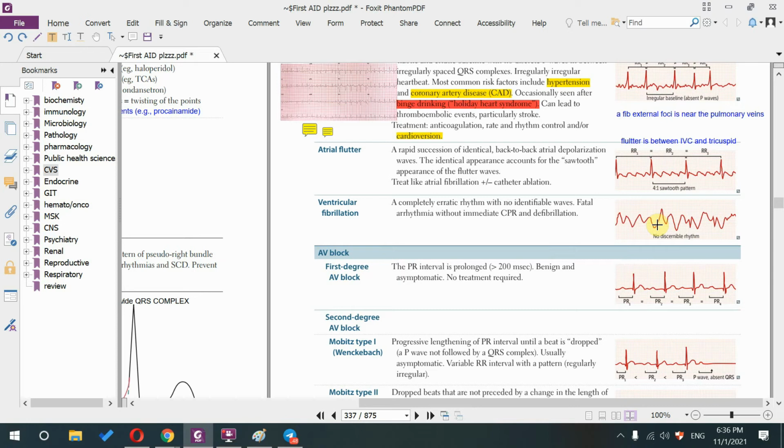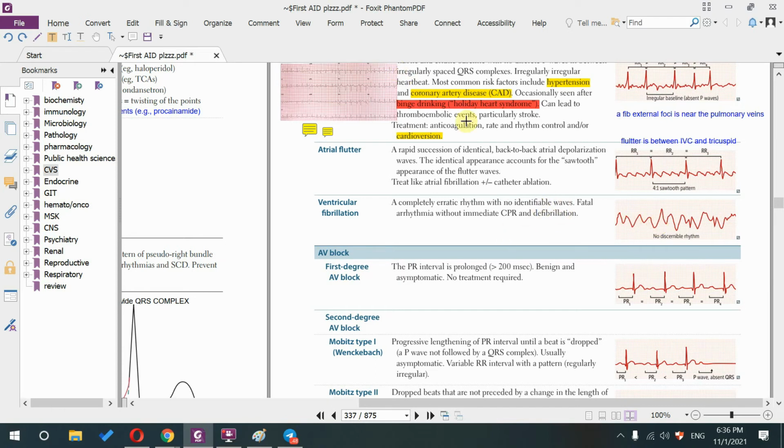But the main thing now, in ventricular fibrillation, the ventricles are not contracting. So there is no blood going to his brain. So you have only 5 minutes before this patient dies. There is no time to bring that defibrillator machine, you know? So the first thing you do, you start chest compression to push that blood a little bit to his brain. Then you start thinking about what should I do next. Keep in mind that it's defibrillation, not